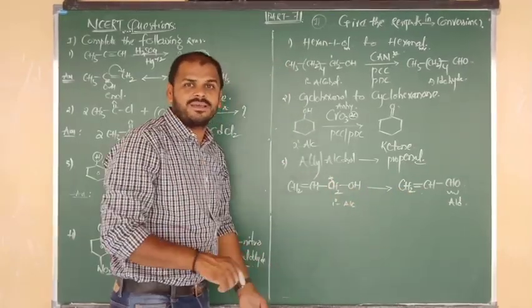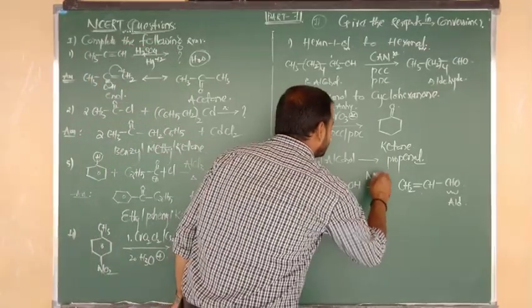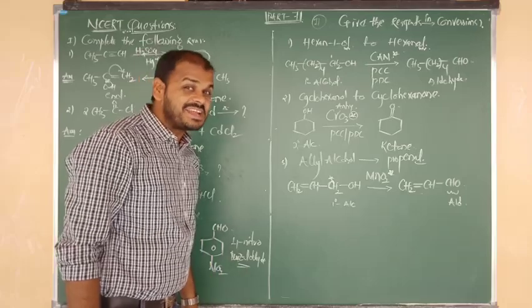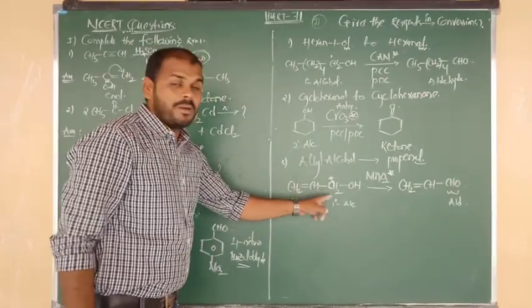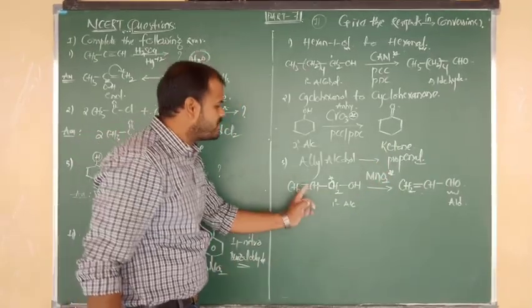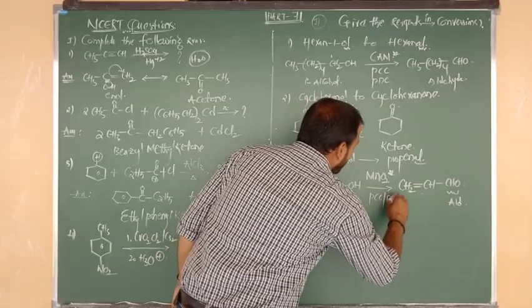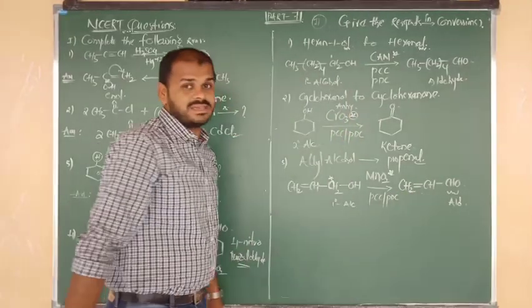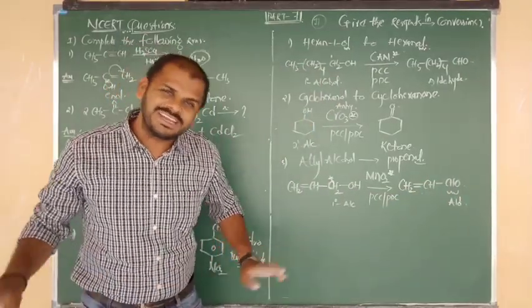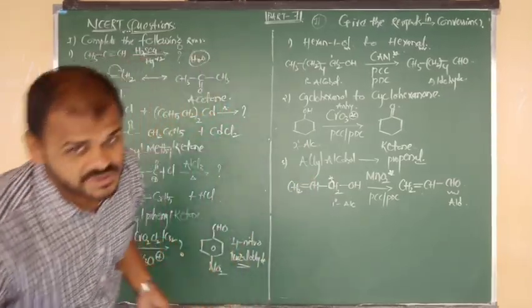For that purpose, what is the most suitable selective oxidizing agent? The answer is nothing but MnO2, manganese dioxide. It selectively oxidizes primary allylic and benzylic alcohols into the aldehyde without affecting the double bond. And also we can consider PCC, and also PDC. They will also oxidize the primary alcohol to aldehyde without affecting the double bond. Okay? Good. Next, another 2 questions are there.